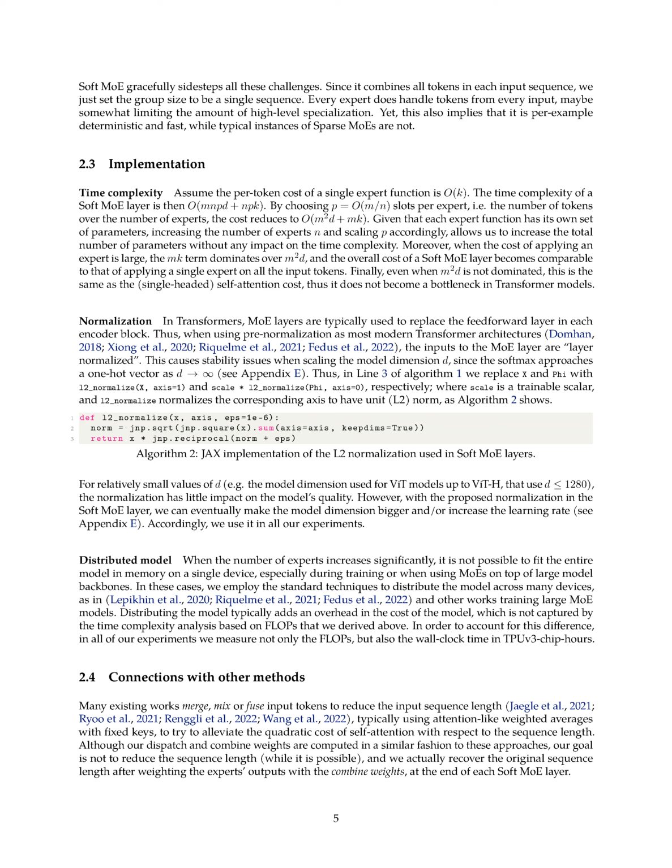Section 2.4 Comparisons with other techniques. There are numerous existing methods that combine or blend input tokens to decrease the length of the input sequence. They typically use attention-like weighted averages with fixed keys to mitigate the high computational cost of self-attention, which increases quadratically with the length of the sequence. While our method of calculating dispatch and combine weights is similar to these techniques, our objective is not necessarily to shorten the sequence length. In fact, we restore the original sequence length after applying the combine weights to the outputs of the experts at the end of each soft-MoE layer.